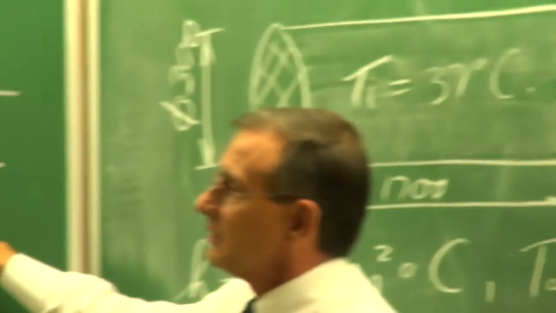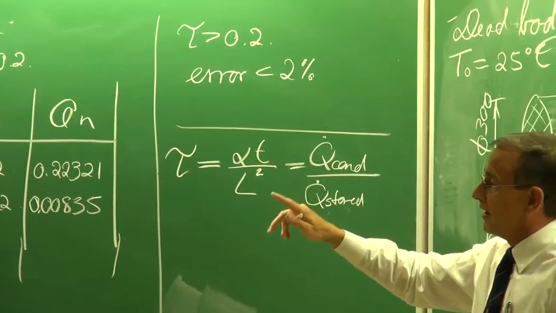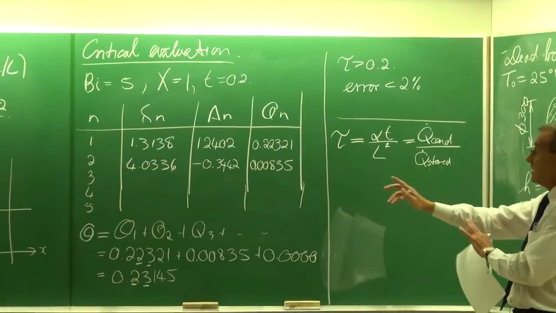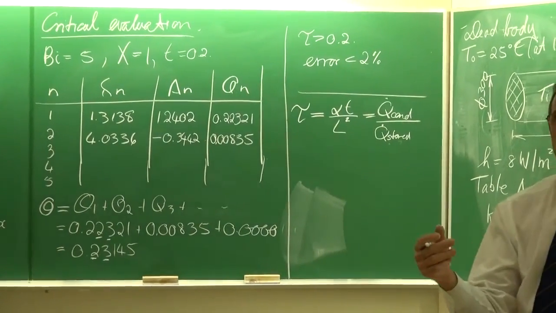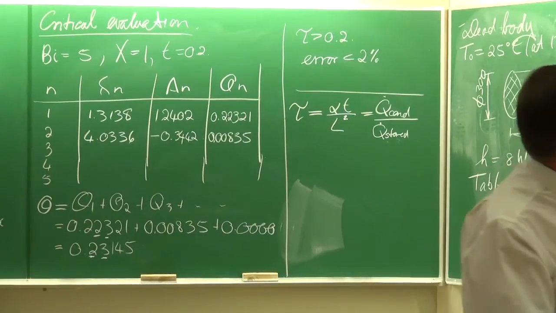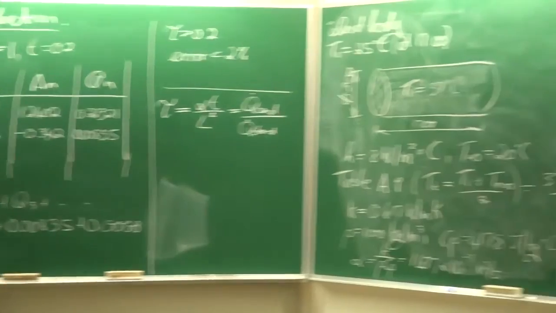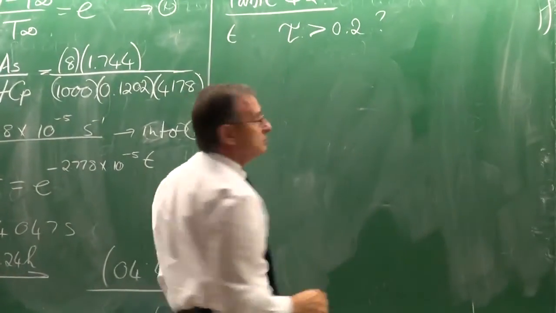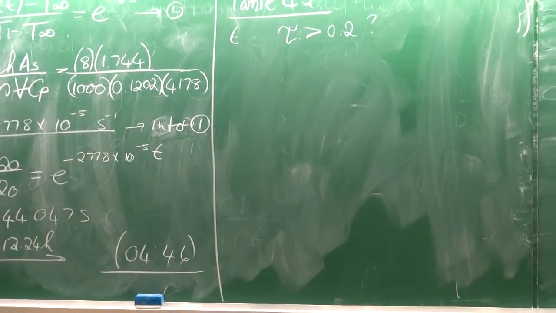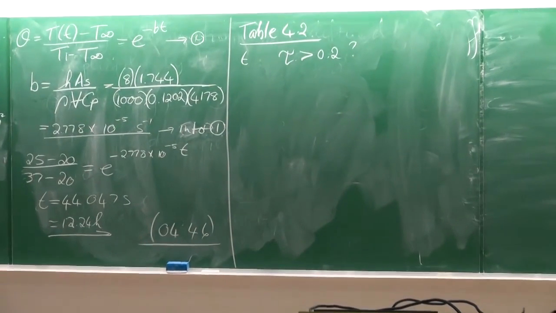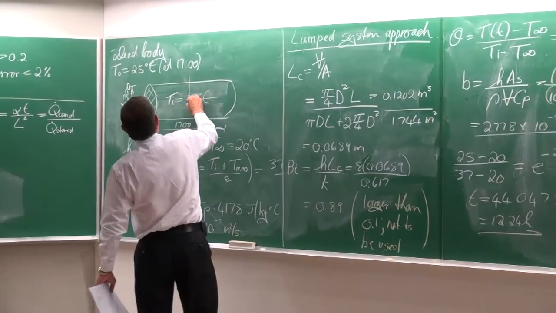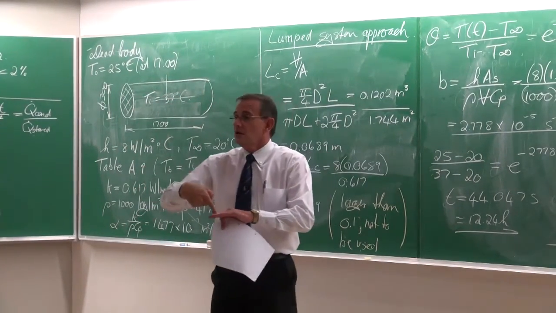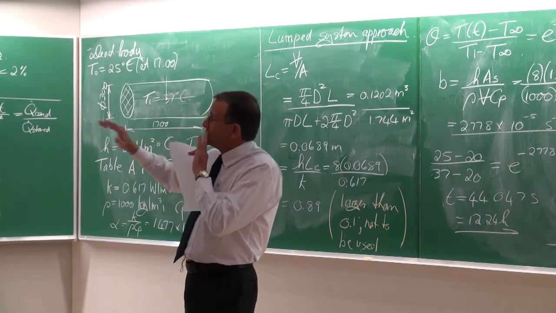that is the Fourier number. And in table 4.1, that is the exact solutions, but then we've got the solutions for tau larger than 0.2, which is the simpler ones. So at this stage, we do not know if tau is 0.2. But what we're going to do is assume it and do the calculation, and then I can check. Because remember, the temperature was measured here in the center of the body, 25 degrees Celsius. So it can make things much easier for us in terms of our